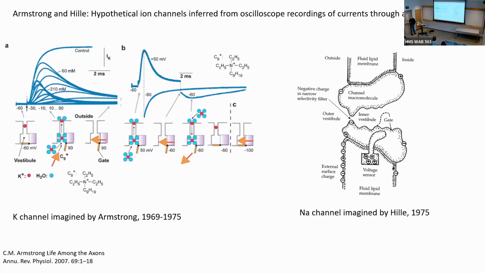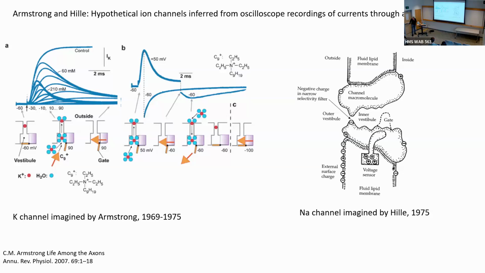And so Hille did these experiments also primarily with pharmacology, and came up with his own imagined view of what a channel might be like. He also, in various similar experiments, this is a sodium channel, came up with the idea that the gate of the channel must be on the inside of the membrane. And there were a variety of reasons for that. He came up with the idea that in that case, if the gate that controls whether the channel is open or not is on the inside, that maybe the selectivity for sodium ions over potassium ions would be on the outside of the membrane.